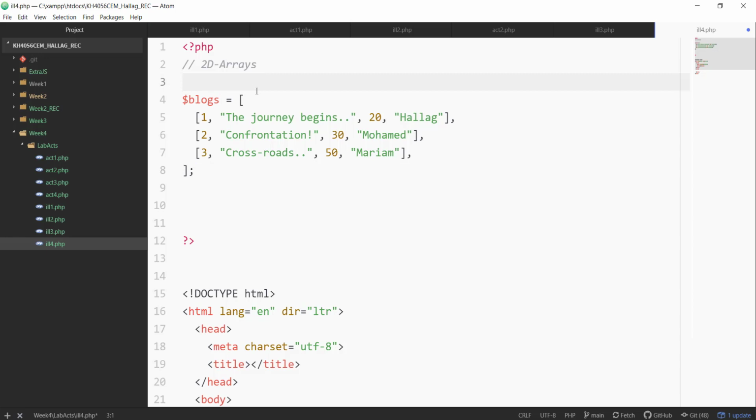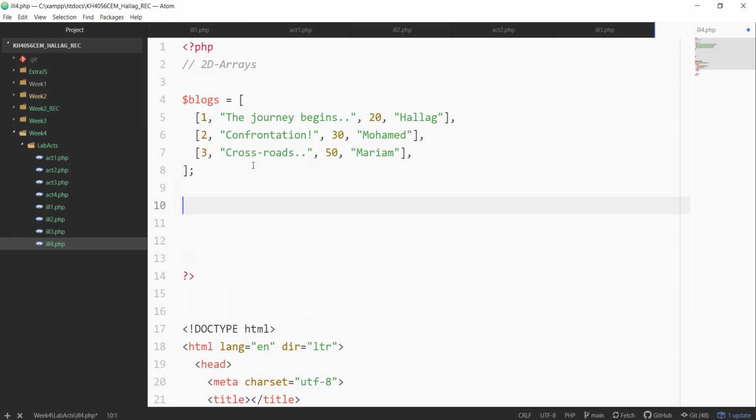Notice that there are no associative arrays whatsoever so far. So I just have a variable called blogs. It has the big array, right? This is the bigger array, and inside the bigger array we have other nested arrays. So we have a nested array here, this is the first element, a nested array there, the second element, a nested array at index of 2, the third element. So to access